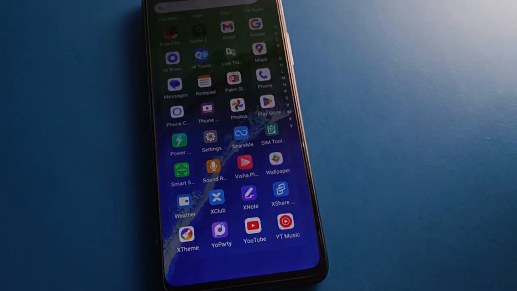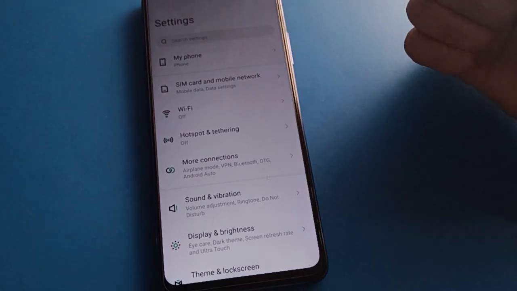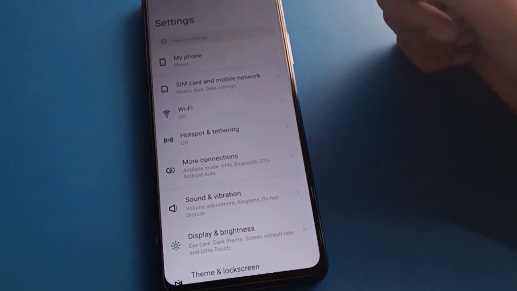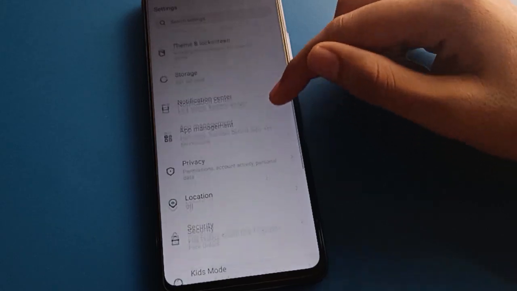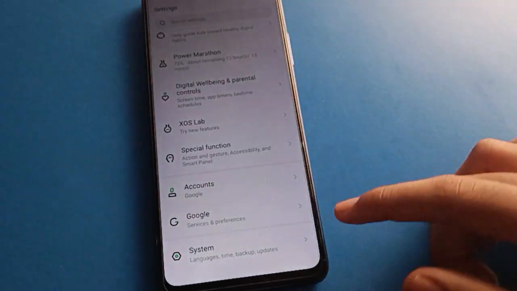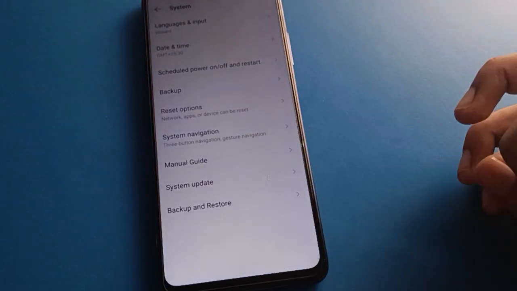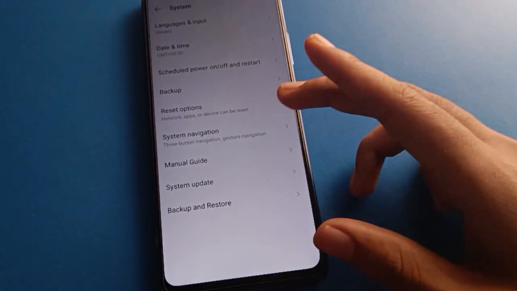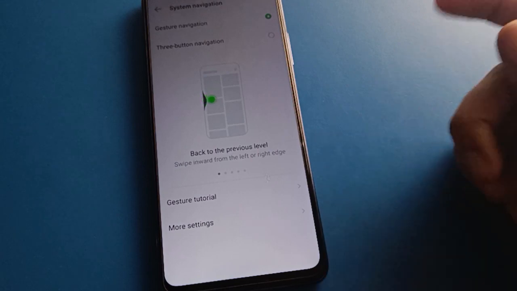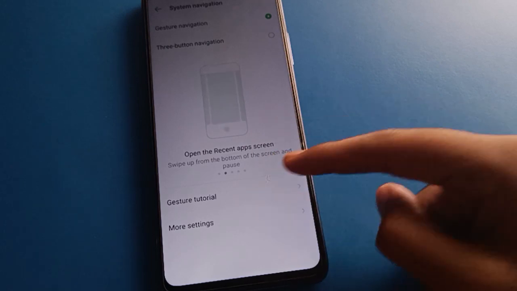Friends, open your phone settings. After opening the phone settings, you can see this type of interface in your Infinix mobile. Open your phone system setting. After opening the system setting, you can see the phone language setting, date and time setting, backup setting, and reset option. So friends, click here on system navigation, and you can use gesture navigation and three button navigation. So friends, if you want to remove the gesture settings,